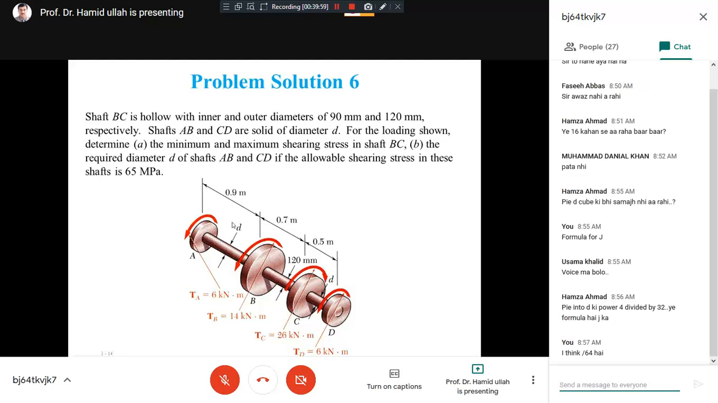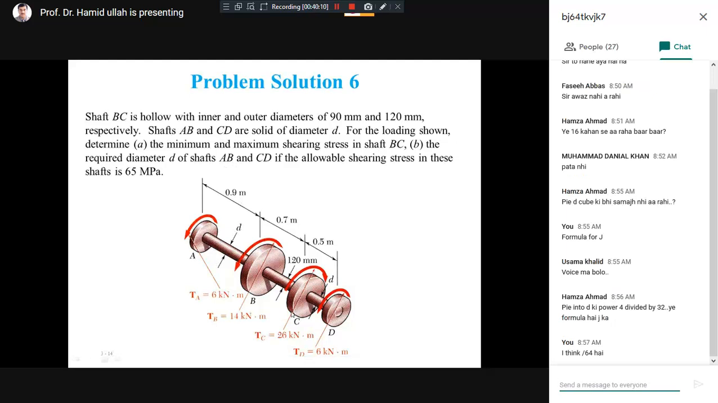It is also given that for the AB part and the CD part, this is AB and this is CD, the maximum shear stress is given. How much? 65 megapascal. Now, this is all the information, all the given data provided. So we look into that. Number A,